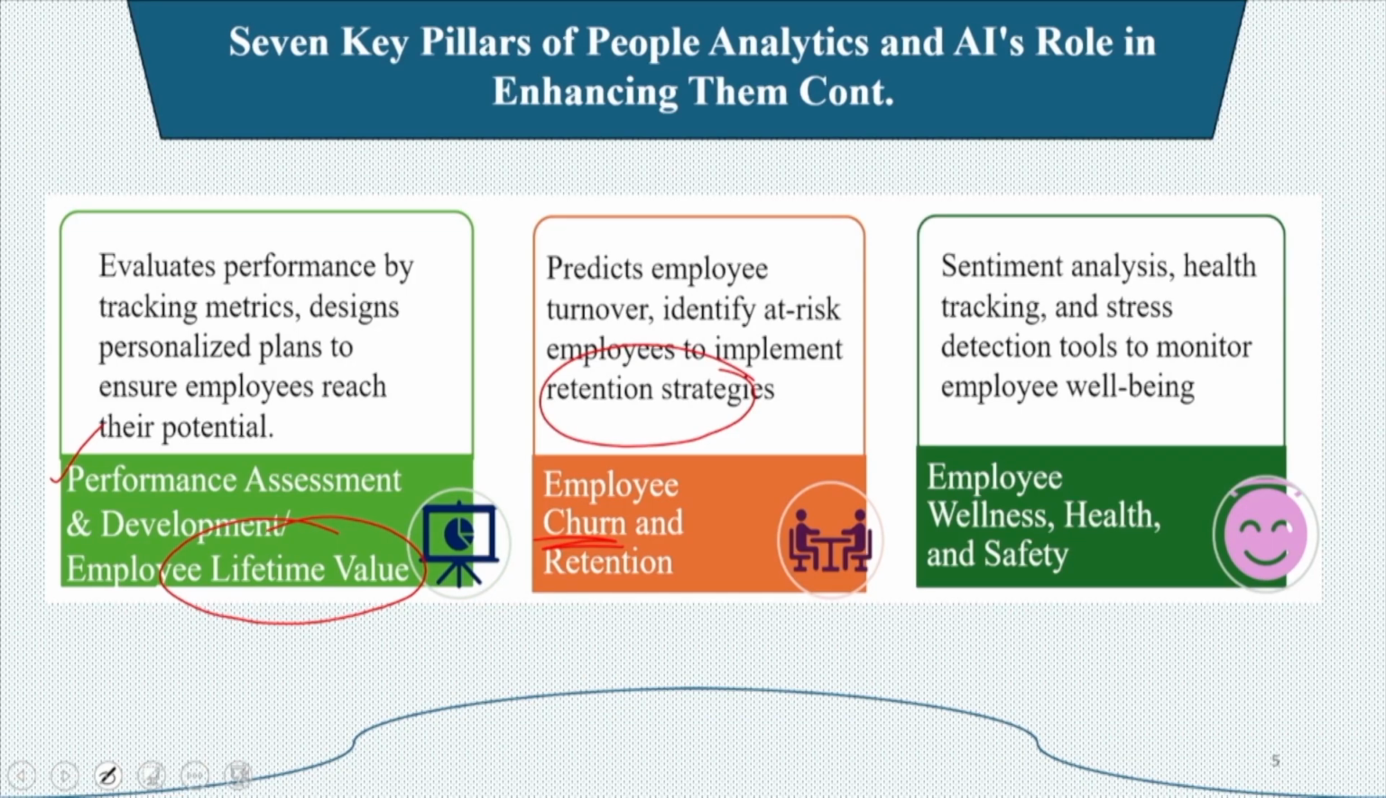And finally, you have employee wellness, health and safety. It monitors employee wellness through actions like sentiment analysis, health tracking or stress detection tools for that matter. AI-powered platforms, please remember, also help identify patterns related to workplace safety and even recommend preventive measures, ensuring a healthier work environment. Now,